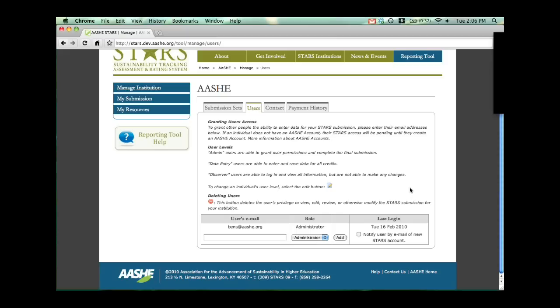And this is really powerful because you can then add people from different departments or different campuses and give them their own access to the web tool, which hopefully will help with the communication process and just make it easier for you to manage the data entry process. So in this case, since I'm an administrative user here, I can add